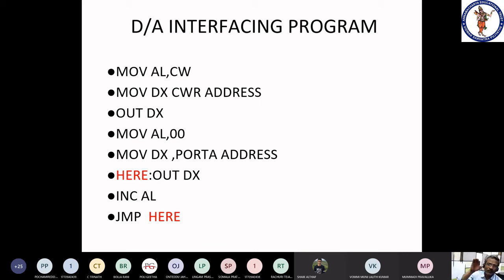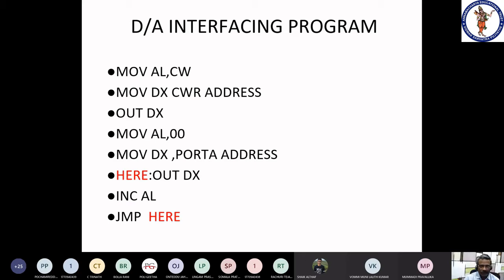So that is about the 0 to 5, 5 to 0. From the digital point of view, initially you start with the 00 digital data and increment up to FF. Again from FF, go for decrement up to 00 and repeat the process. Increment or decrement, so that simply you can go with the sawtooth and triangular wave.